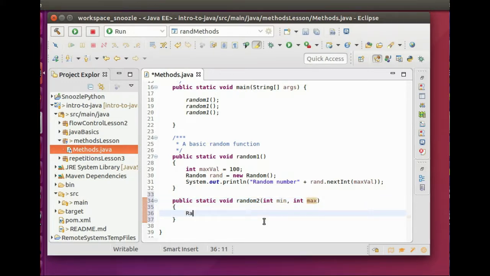And then I'm going to get the random number again. So I'll do Random rand equals new Random. And then I'll print out. Actually, instead of just doing the print out, let me do some equations. So I'll solve this: int randomNum equals,